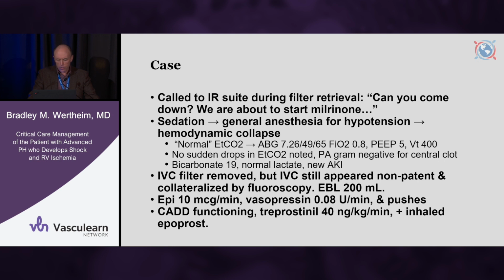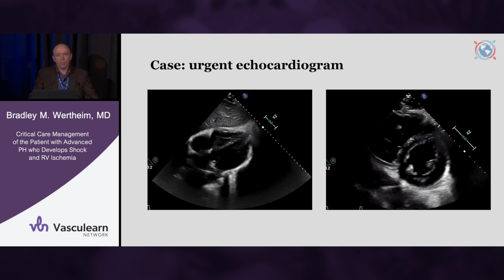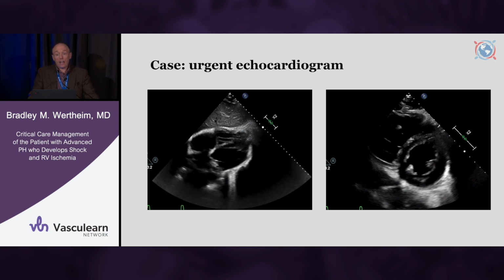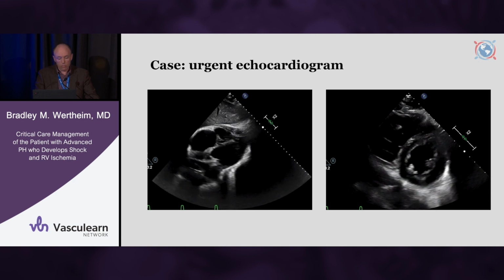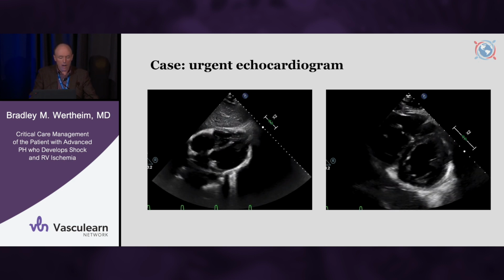So the first thing we opted to do in real time was to put a probe on the chest to try to get a sense of what could be contributing to the patient's hypotension. A lot of different factors, not all necessarily cardiogenic. This was in reality an echo that was done about 45 minutes later on ICU arrival, but it looked very